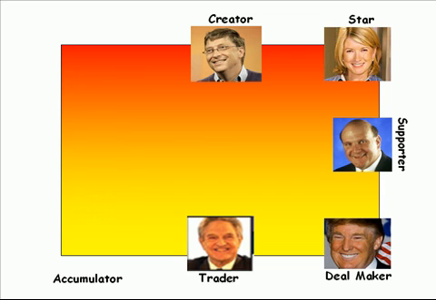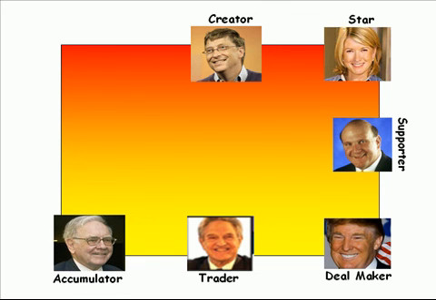Heading up the accumulators is the second richest man in the world, and that's Warren Buffett. Warren Buffett takes his time doing his homework and then decides what to accumulate and leave it alone. He's often said at his company that he doesn't tell 400 hitters how to swing. Our next profile is what we call the Lord.